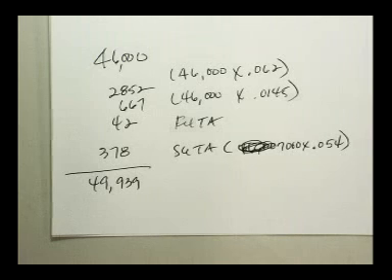Okay, so selected information from the payroll register of Howard's Cutlery for the week of October 7th is presented. Social Security tax of 6.2% on the first 128.4. Medicare 1.45%. FUTA 0.6%, and SUTA is 5.4% on the first $7,000. And so this is a good one to go over to make sure you understand how this